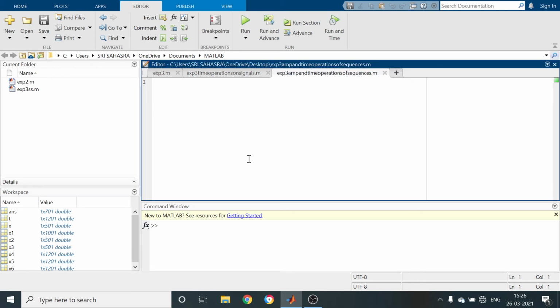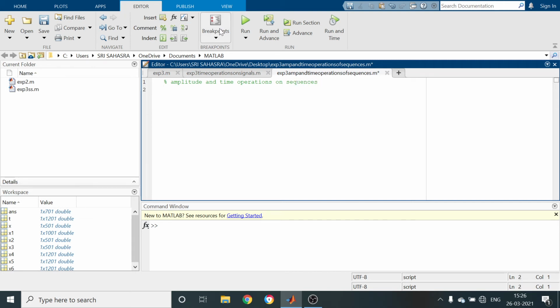Save it. Now we have to make a comment: amplitude and time operations on sequences. Now we are going to perform both amplitude and time operations within one program only on sequences.